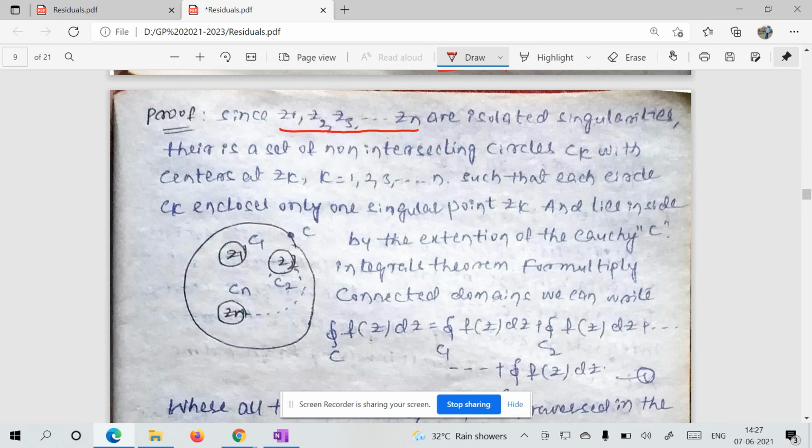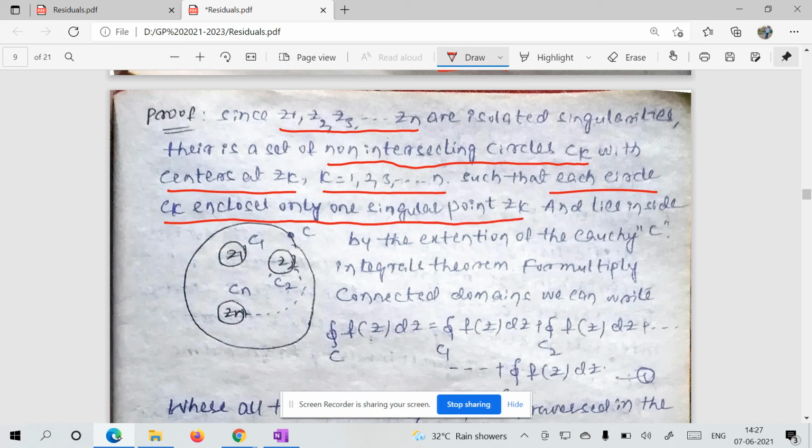In the definition it is given that z1, z2, z3, ..., zn are isolated singularities. There is a set of non-intersecting circles Ck with centers zk, where k goes from 1 to n, such that each circle Ck encloses only one singular point zk and lies